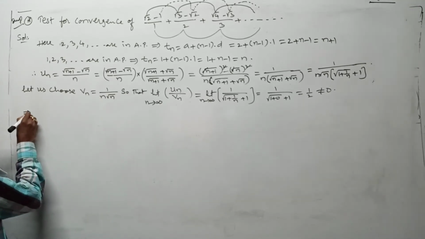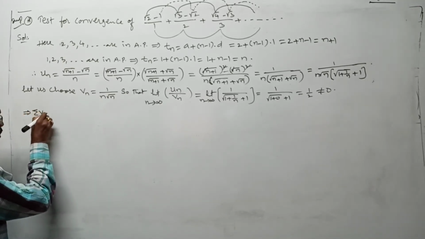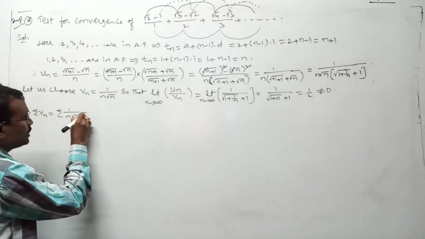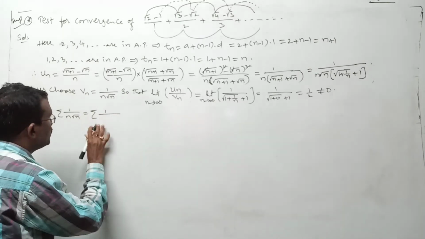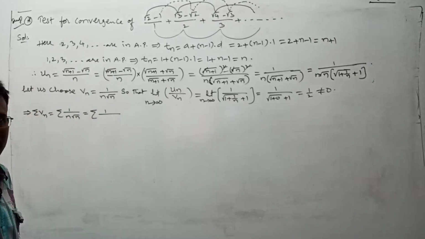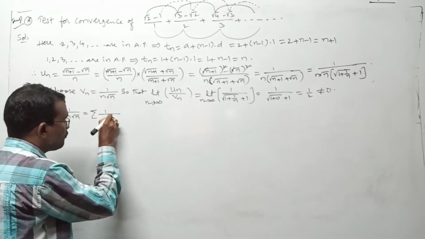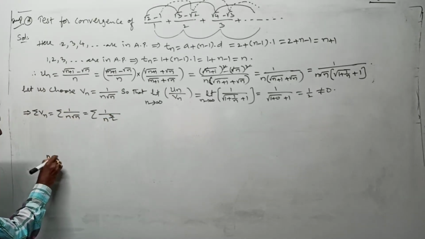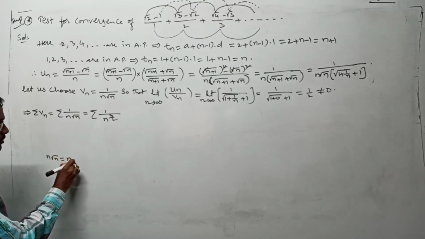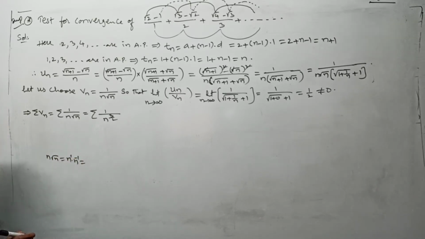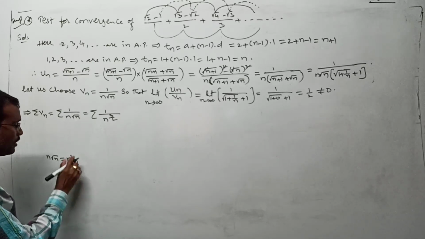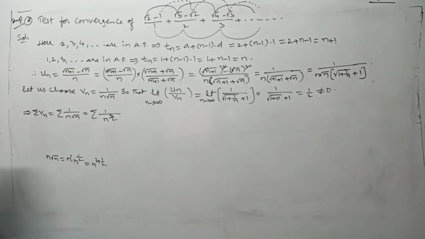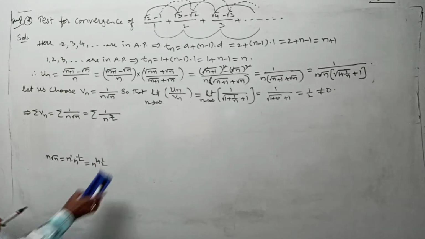Now let us go for sigma Vn. Sigma Vn is equal to sigma 1 by n into root n. But this you can simplify as 1 by n into n to the power of 1 by 2. So it should be n to the power of 3 by 2, that is 1 plus 1 by 2. Here n into root n means what? N into n to the power of 1 by 2, root n. N means n to the power 1, and root n is n to the power of 1 by 2. So n to the power of 1 plus 1 by 2 is what? N to the power of 3 by 2. That I wrote here.